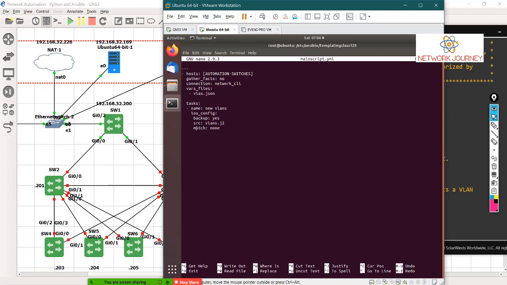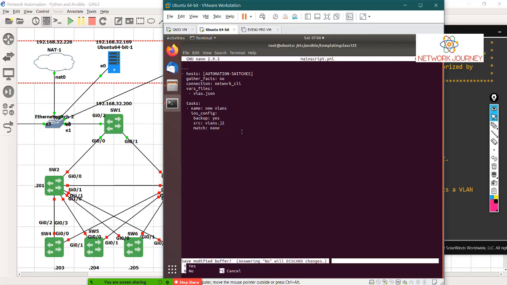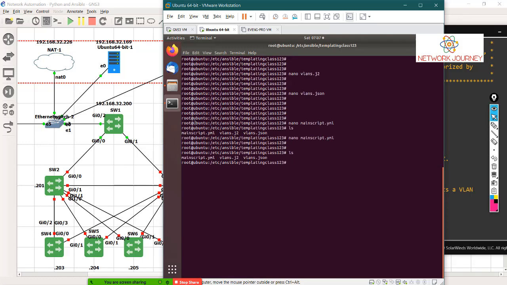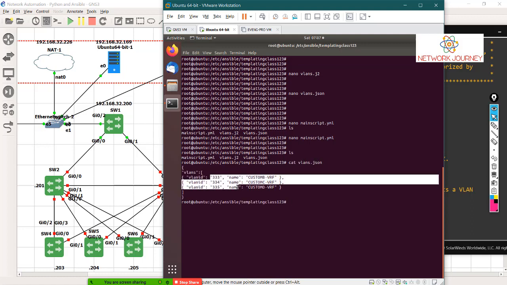Again, this is built in inside Ansible. You have line checking, where it is checked line by line. You have strict mode, and one is none. There are a couple of things which I'll show you, and then we can close this. So what do we have now? We have three files. One is the main script which the junior engineer is going to run, and this is the data model which he will be changing, right? As soon as something new comes on, he will just change this.